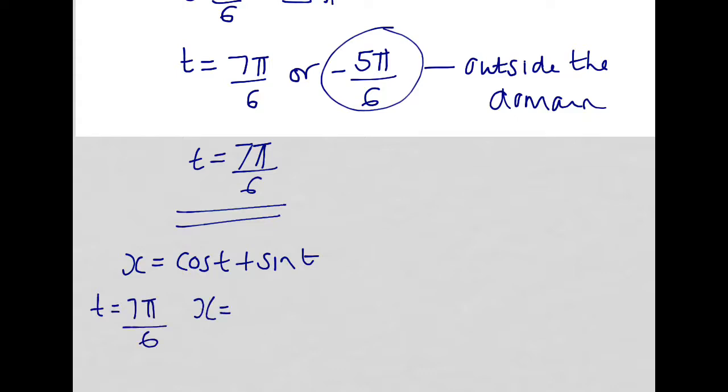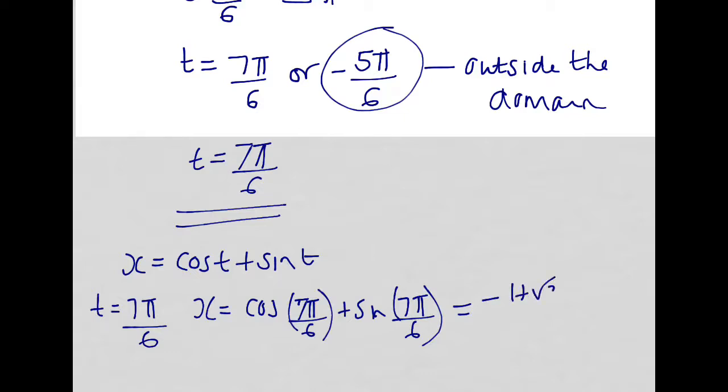So x equals the cos of 7 pi over 6 plus the sine of 7 pi over 6. And if I type that in my calculator, I'm going to get negative 1 plus root 3 over 2. So my final coordinate,